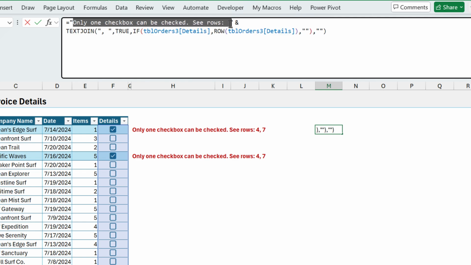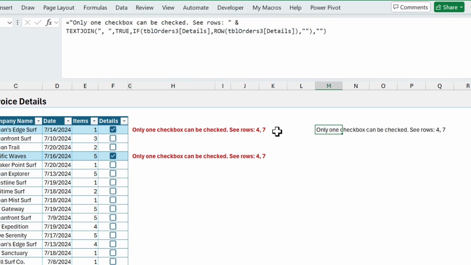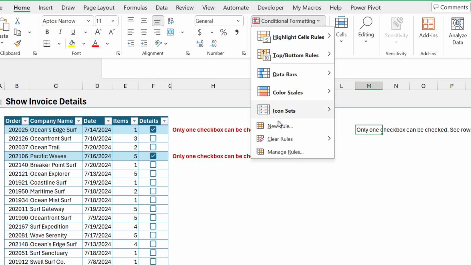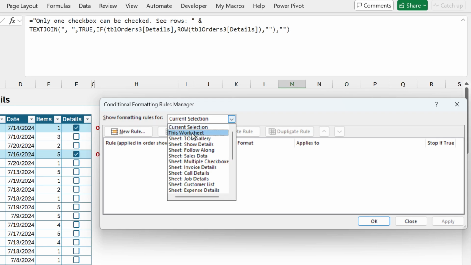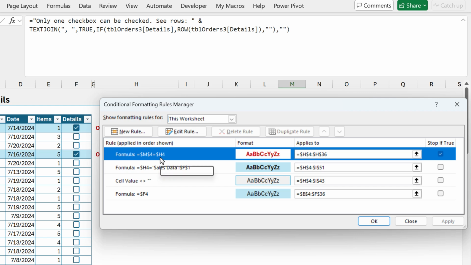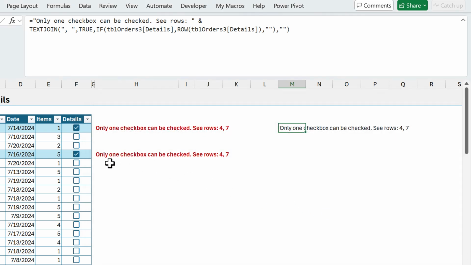You can make whatever phrase you'd want there to give us this error message, and then that error message is just being displayed here. And I also have some conditional formatting applied here. I'll go ahead and show that for when the value in column H equals M4, then it's just going to turn the text red and stop when that is true to give us this nice warning